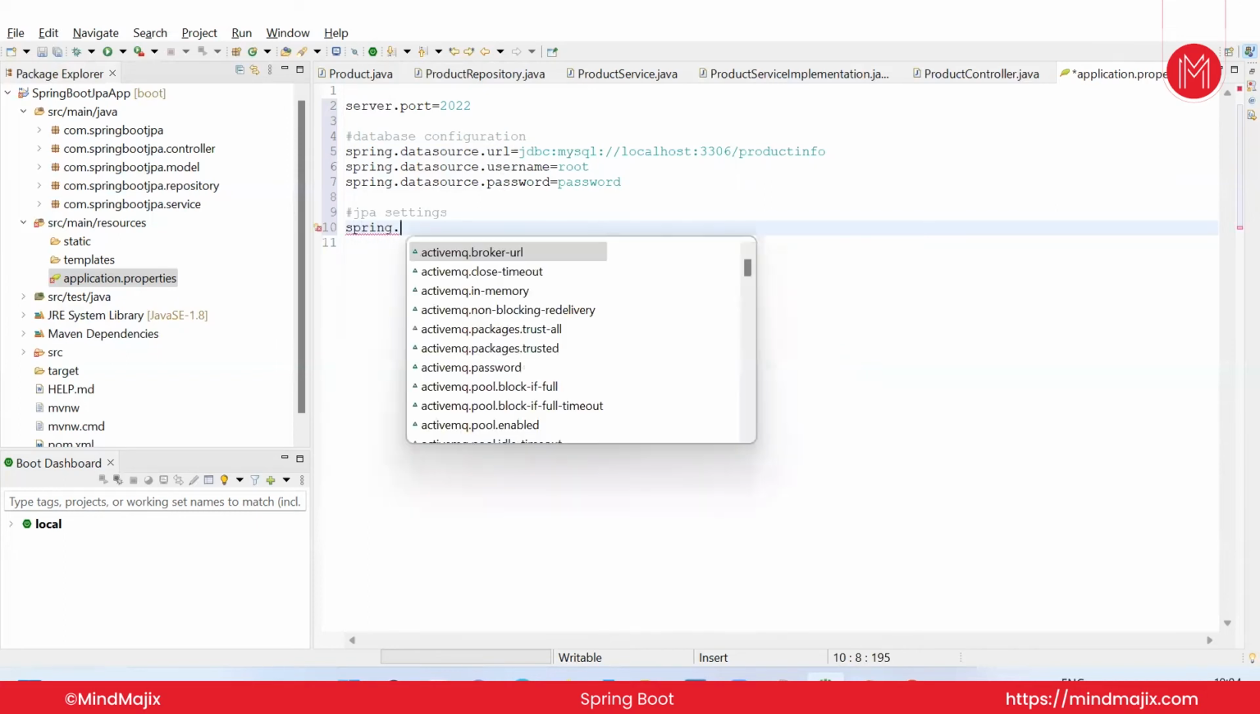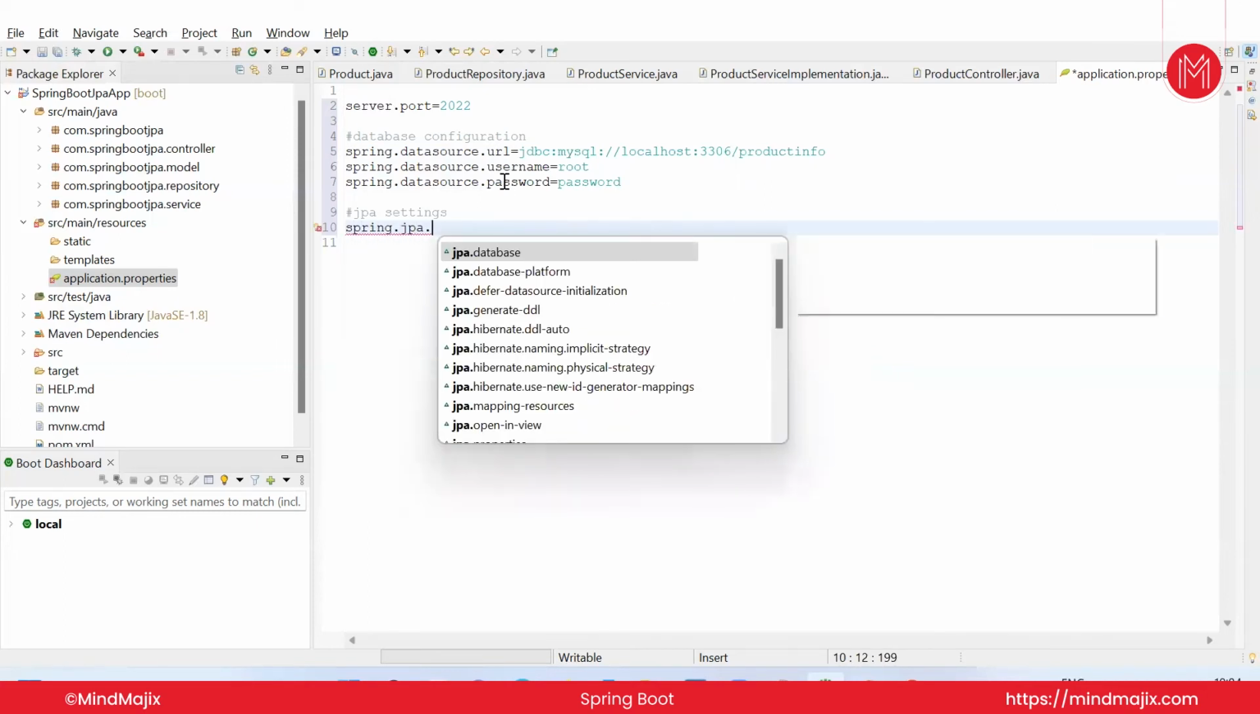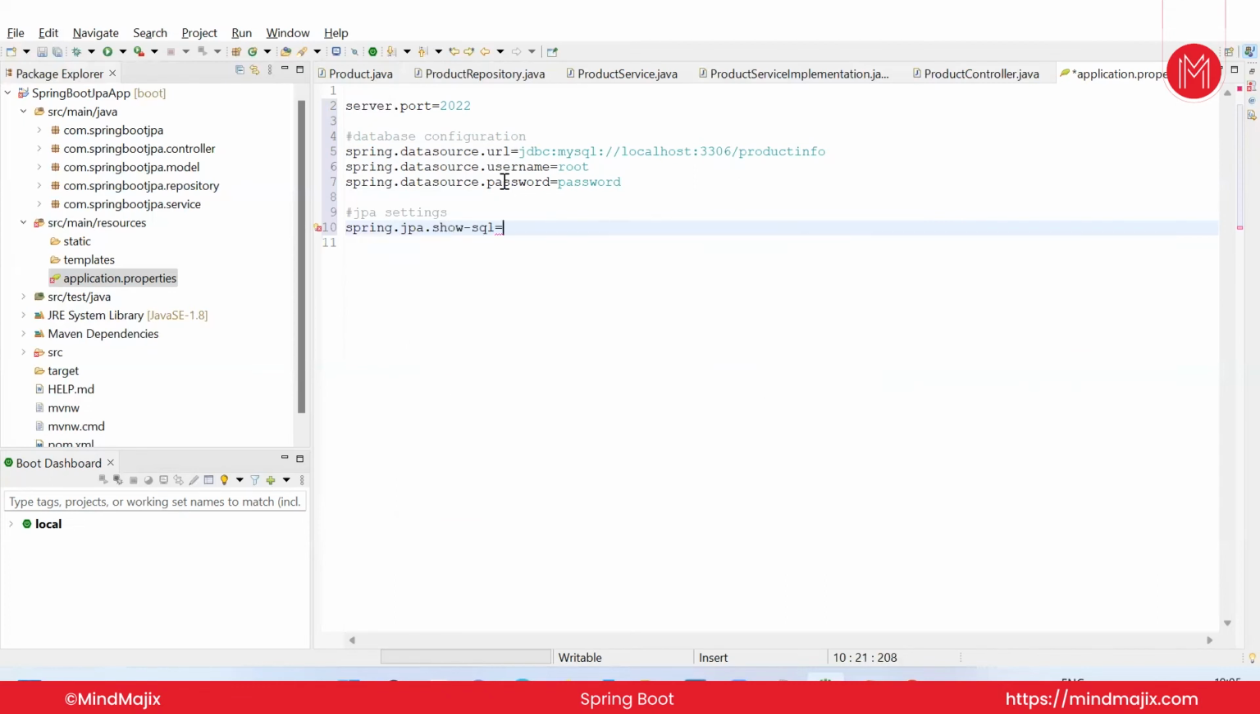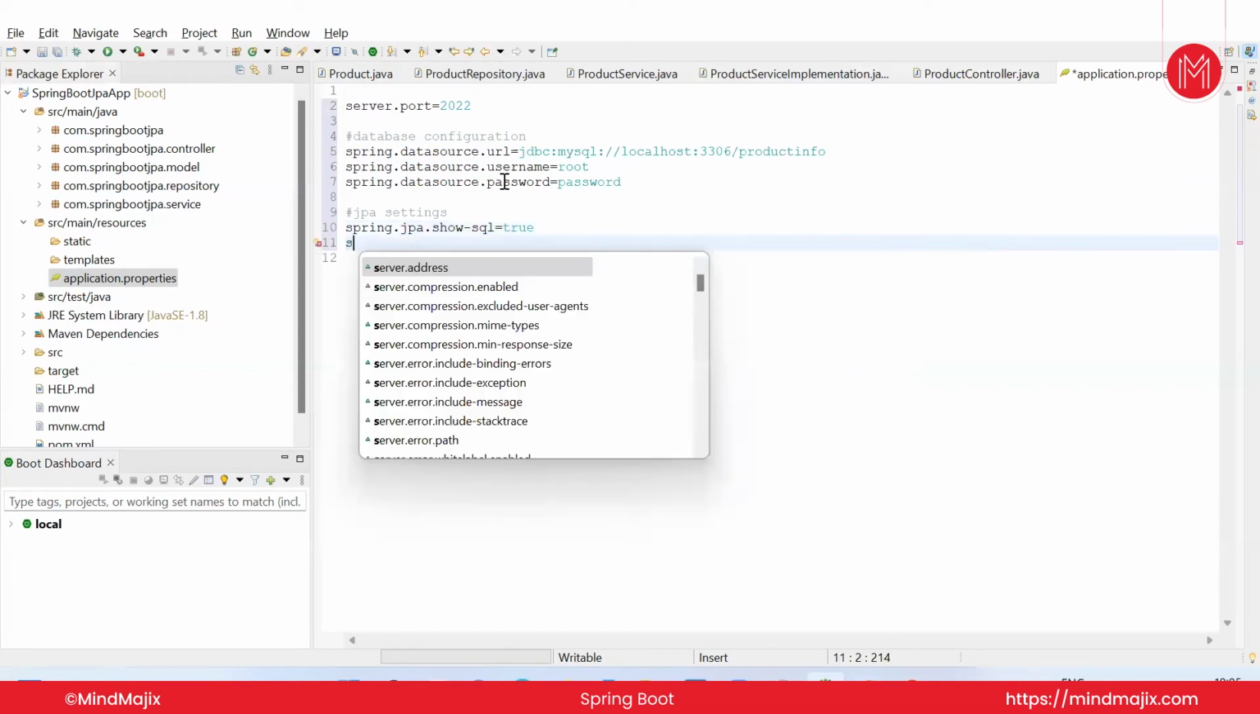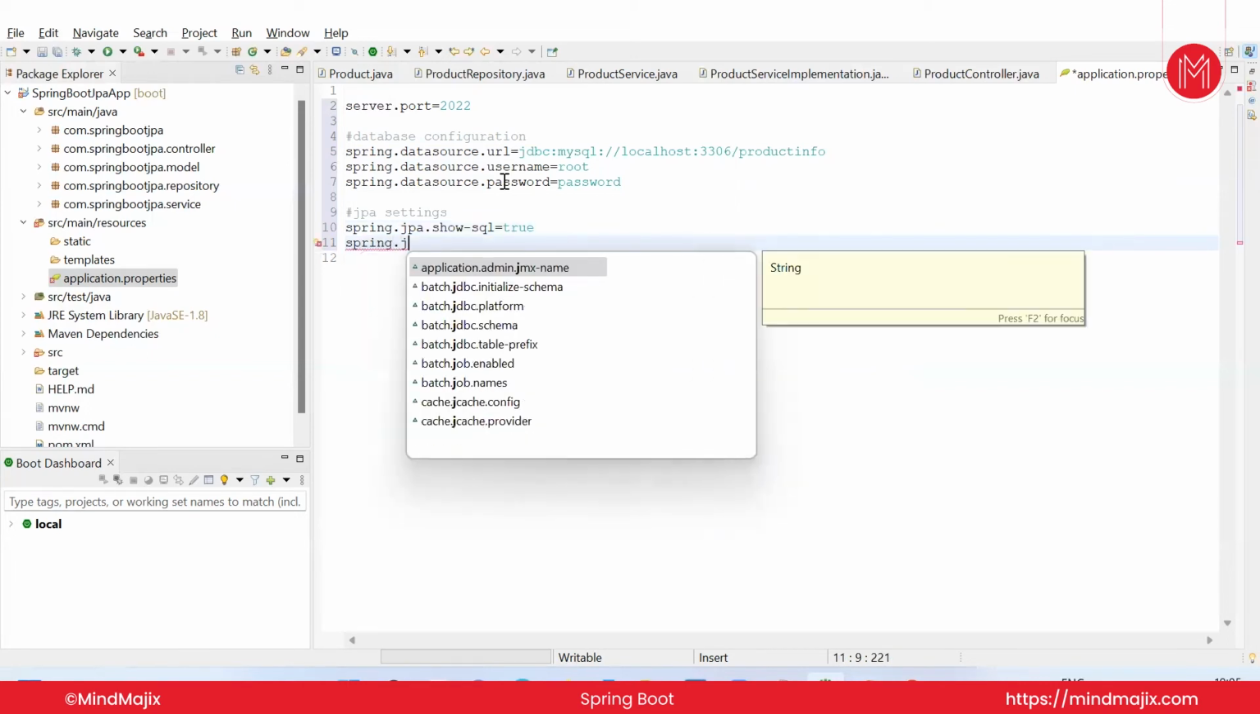I just want to display all the queries, so spring.jpa.show-sql equal to true. And in the same way, I just want to create the table automatically. So that's the reason